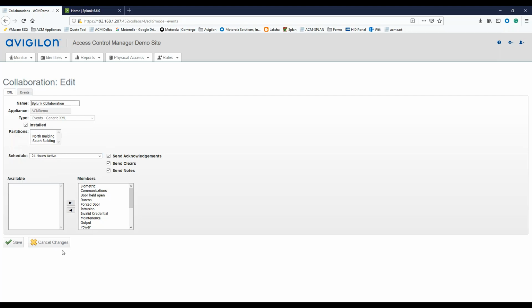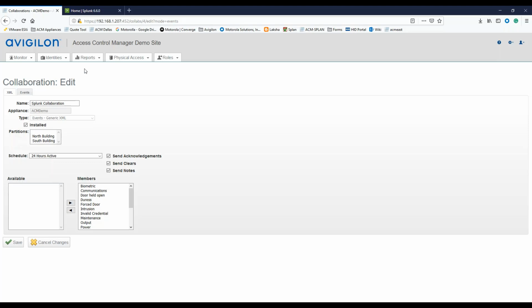So now I'm going to go ahead on the other application and configure the application to receive those messages. Once again, it really depends on the type of application the customer is utilizing. The idea here is that ACM provides a conduit that delivers information from ACM to a third-party application. So if you have someone now that understands the application on the other end, using a standard XML format, now they can go and use that information